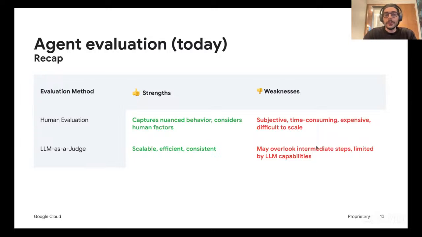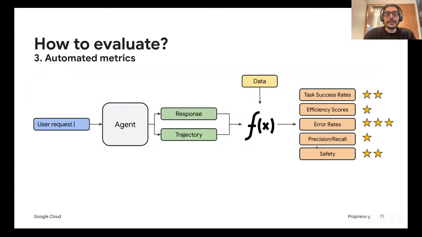Also, imagine a complex scenario where you have multiple agents. It's not easy to apply an LLM on all these agents and try to understand whether the response agent A generated is useful for agent B in order to achieve the same task. So it can be really tricky to orchestrate this kind of evaluation across different agents. That's why the last method that I want to highlight in this presentation is that